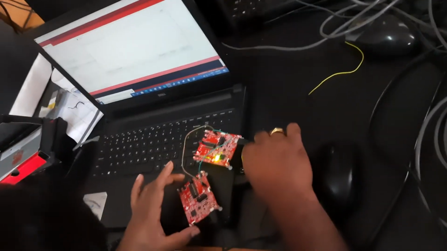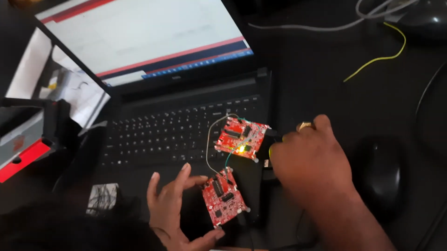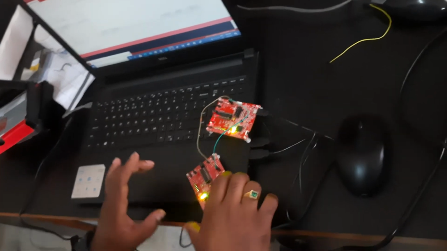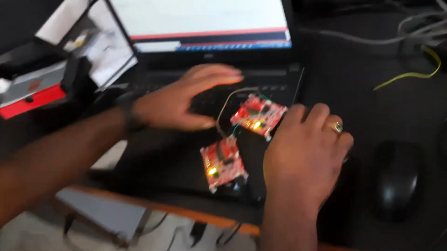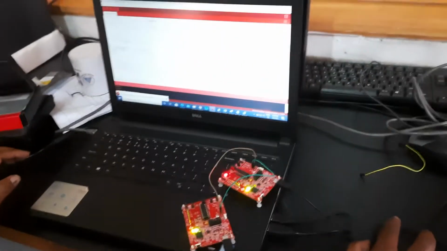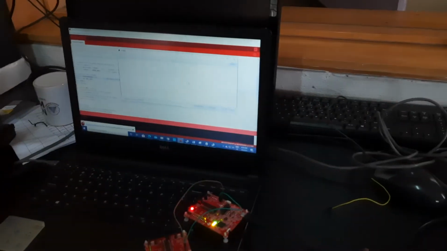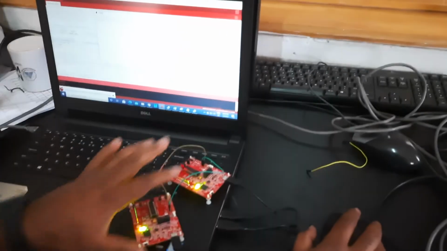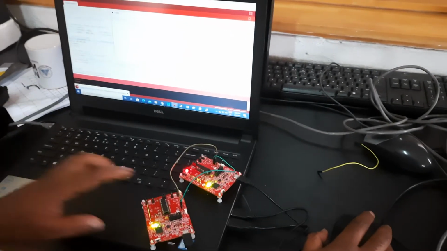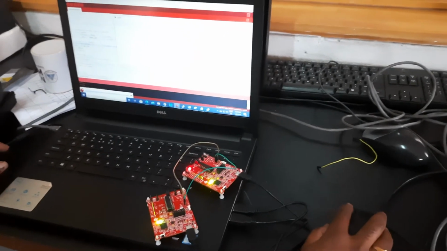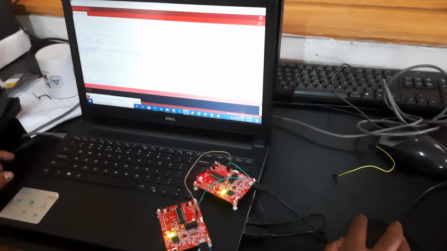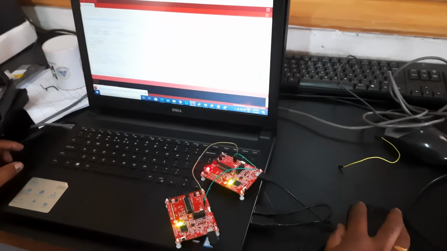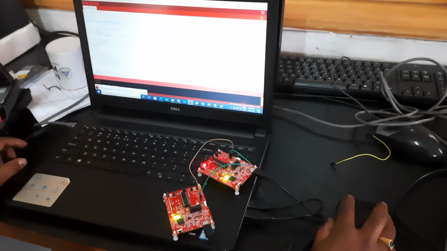So let me power up this second microcontroller. See, now it is taking time to activate the port, since this laptop is supposed to distinguish the ports for these two microcontrollers.